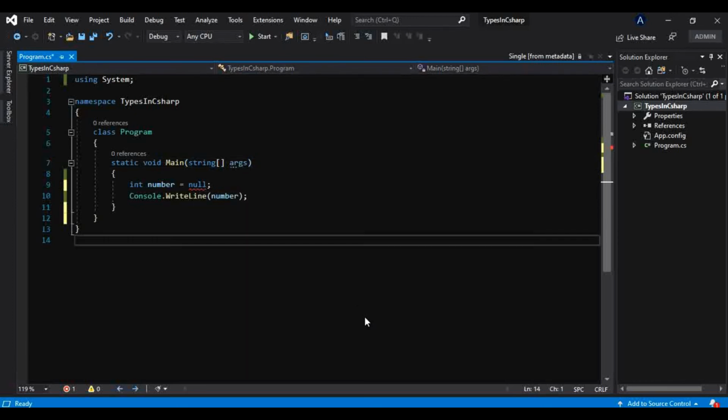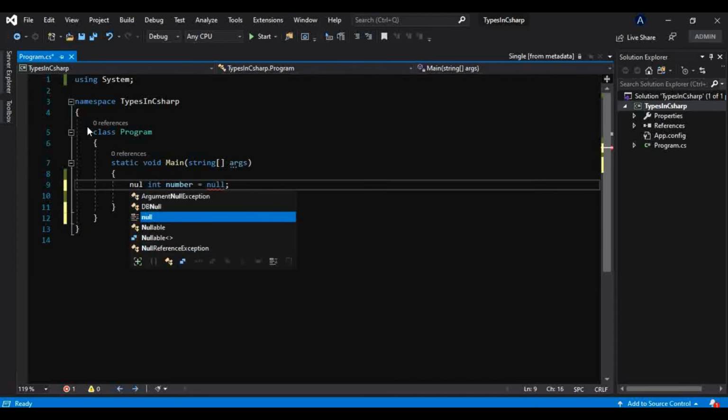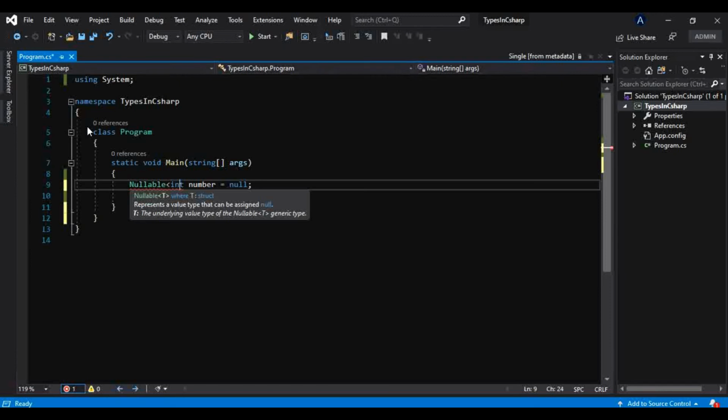So value types in C sharp are non-nullable, but with C sharp 2.0 they introduced nullable types, so that a value type can contain null values. How? I will show you. There is a type, Nullable, introduced in C sharp 2.0, and we can define it like this: Nullable, and whatever type you want goes into the angular brackets, then the variable.